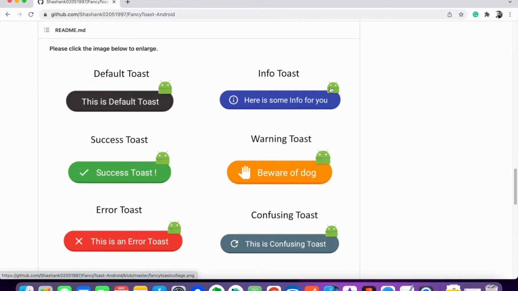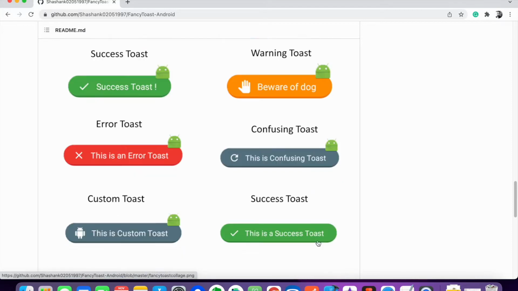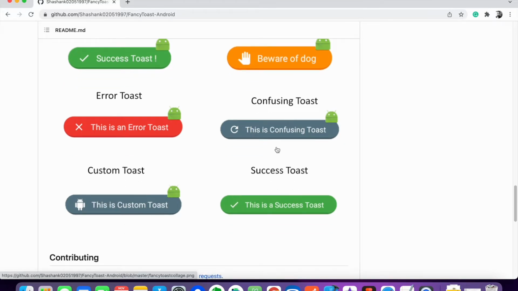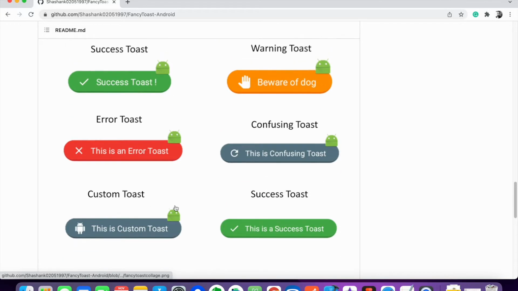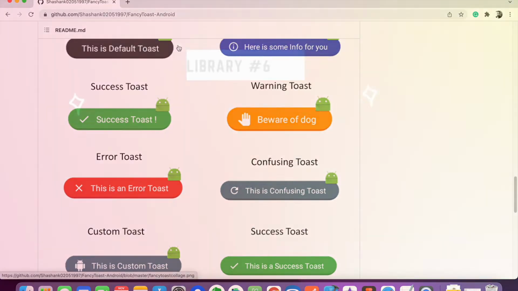Suppose for info they have a different toast, for success a different toast style, for warning, for error, and you can also include an image, or if you don't want to include an image, that is also possible. You can also customize these toasts according to your requirement. So you can consider this library if you want to show messages in this format.